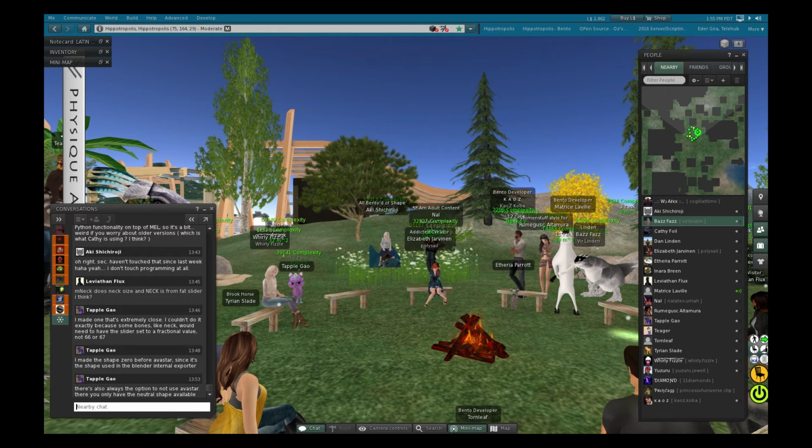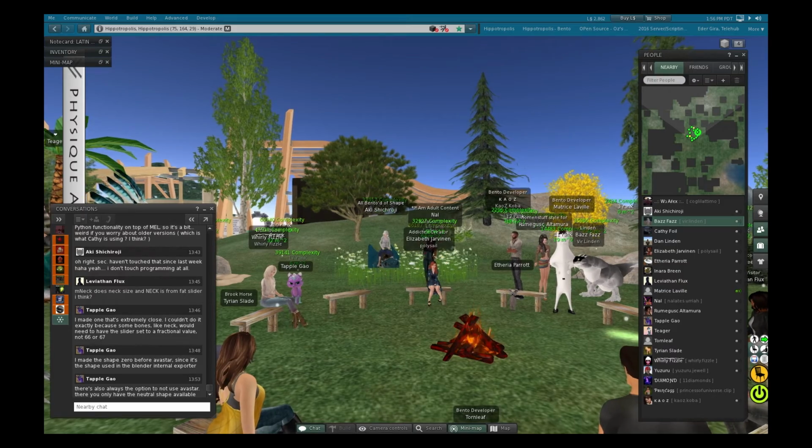I added this to Avastar so that it now automatically finds out which bones need to be exported. And the coyote which I'm wearing right now is exported with this new algorithm, so I think it works.